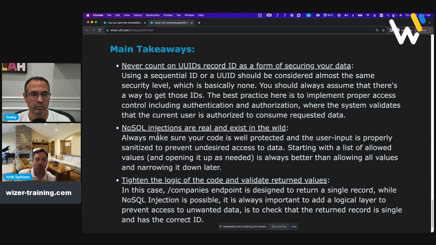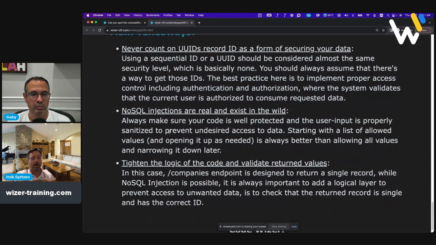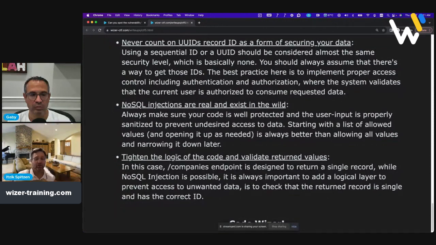Obviously, the points about NoSQL injections are real. We need to keep on thinking about sanitizing our inputs. And then, in terms of tightening the logic of the code, it's not a solution, but it's always important. We talked about it before as well.